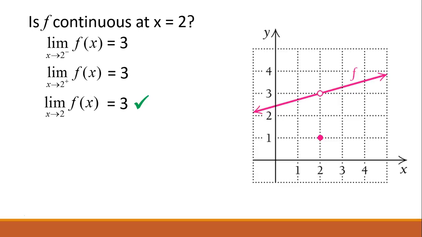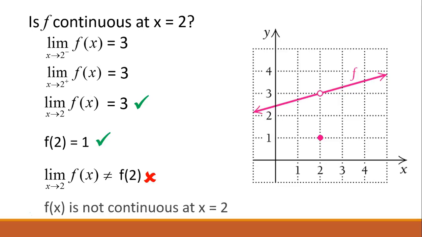The second step is, is there such a thing as f of 2? And yes, there is. f of 2 equals 1. That's coming from that point that we see. And then the third step is, do those two values equal each other? And they don't. The limit of our function as x approaches 2 was 3. That was not the same as f of 2 because that was 1. So we've got a failure at the third step in our process, which means f of x is not continuous